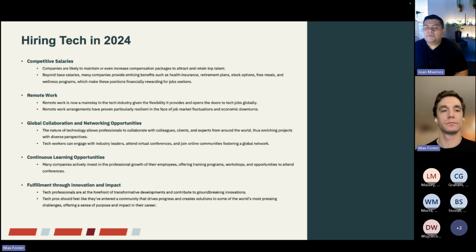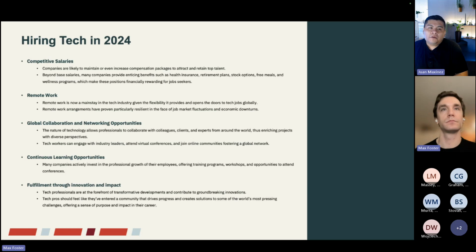Remote work does continue to be a strong preference for tech professionals. It has opened a lot of doors for them to explore global opportunities, and really to expand their network globally, as well as work with different teams overseas. So just one thing to keep in consideration, we understand that many have returned to a hybrid model. We do continue to see that on Dice, more and more roles. Of course, just keep in mind that when you have that hybrid model, you want to make sure you appeal to them through what else they get when they are coming into the office space.